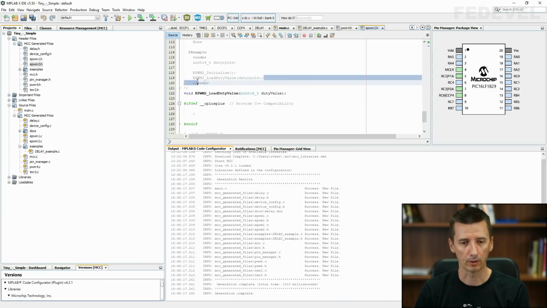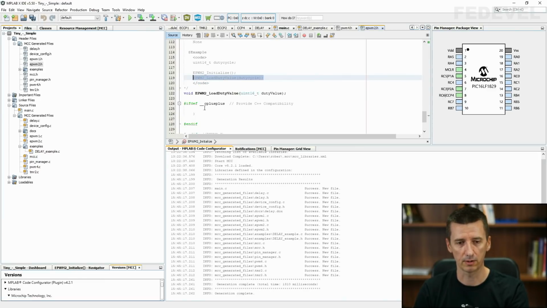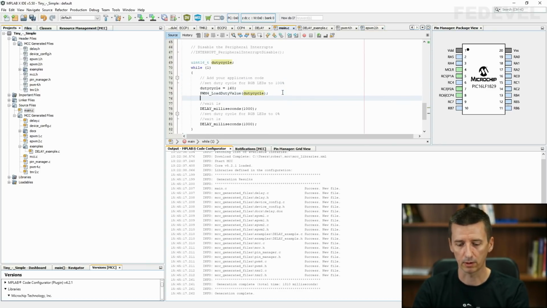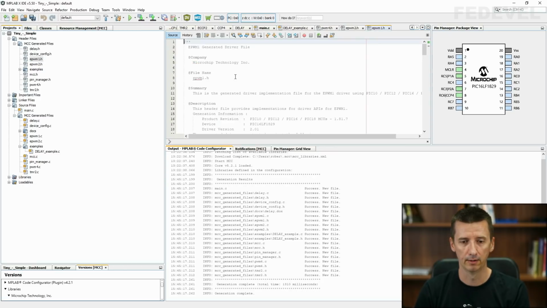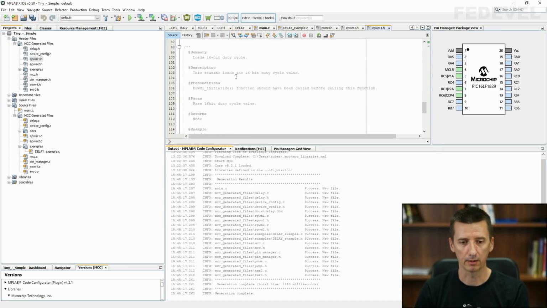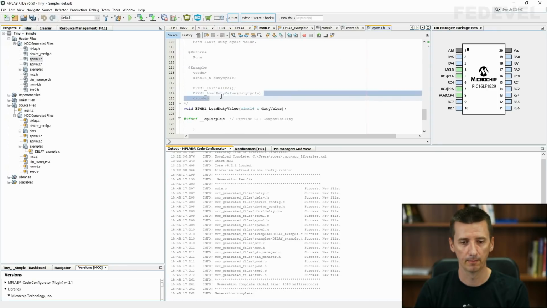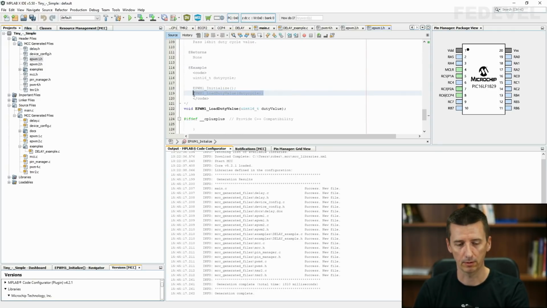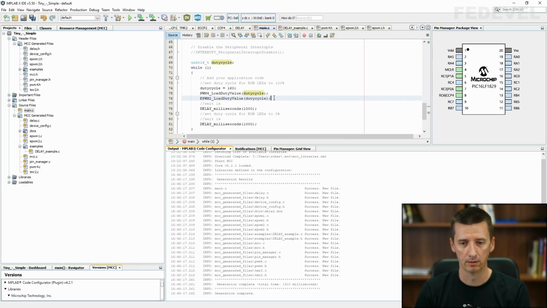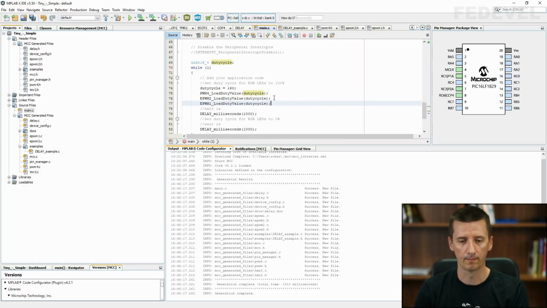This one, I'm going to copy it, Ctrl C, go back to main. I'm going to put it here, Ctrl V, and open also this EPWM1 header file, and copy this one, Ctrl C, go into main file, Ctrl V.